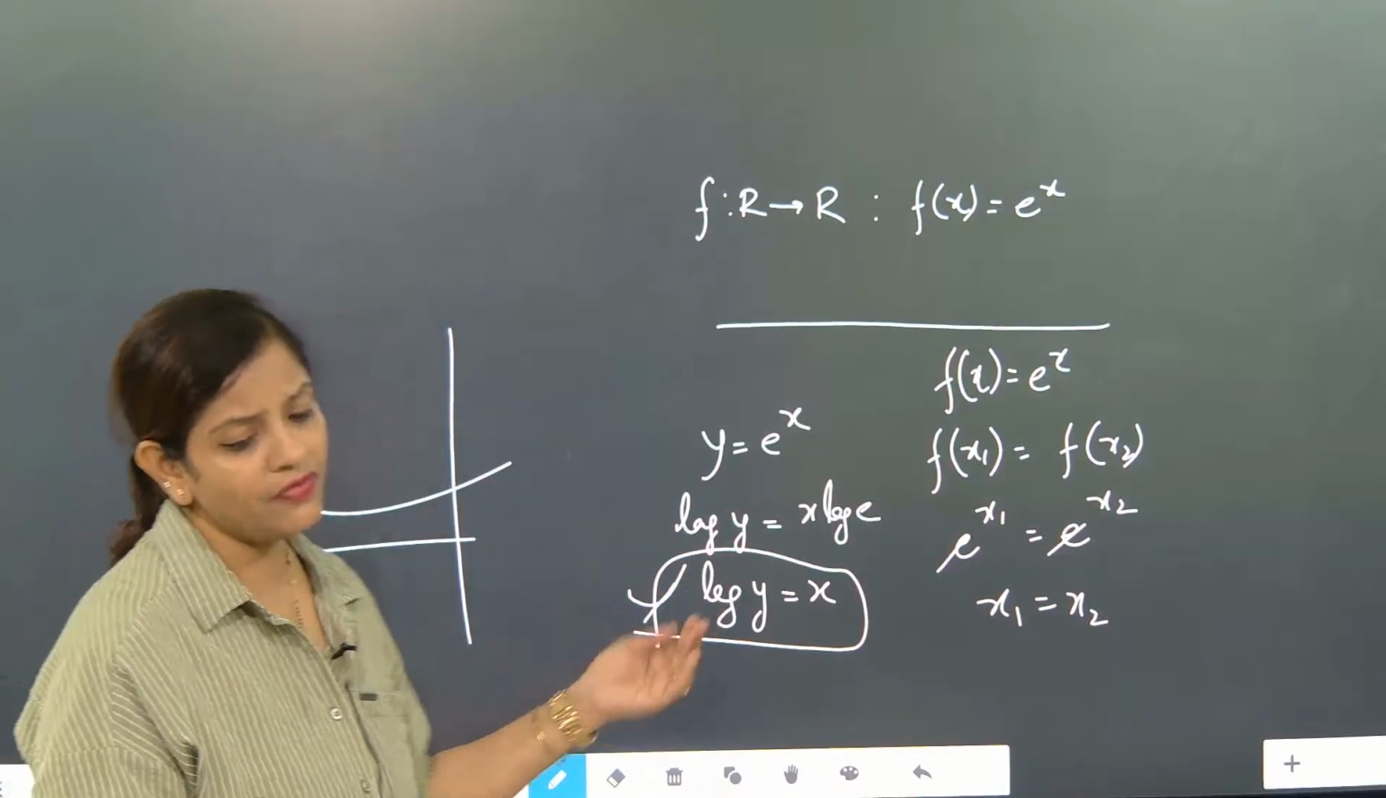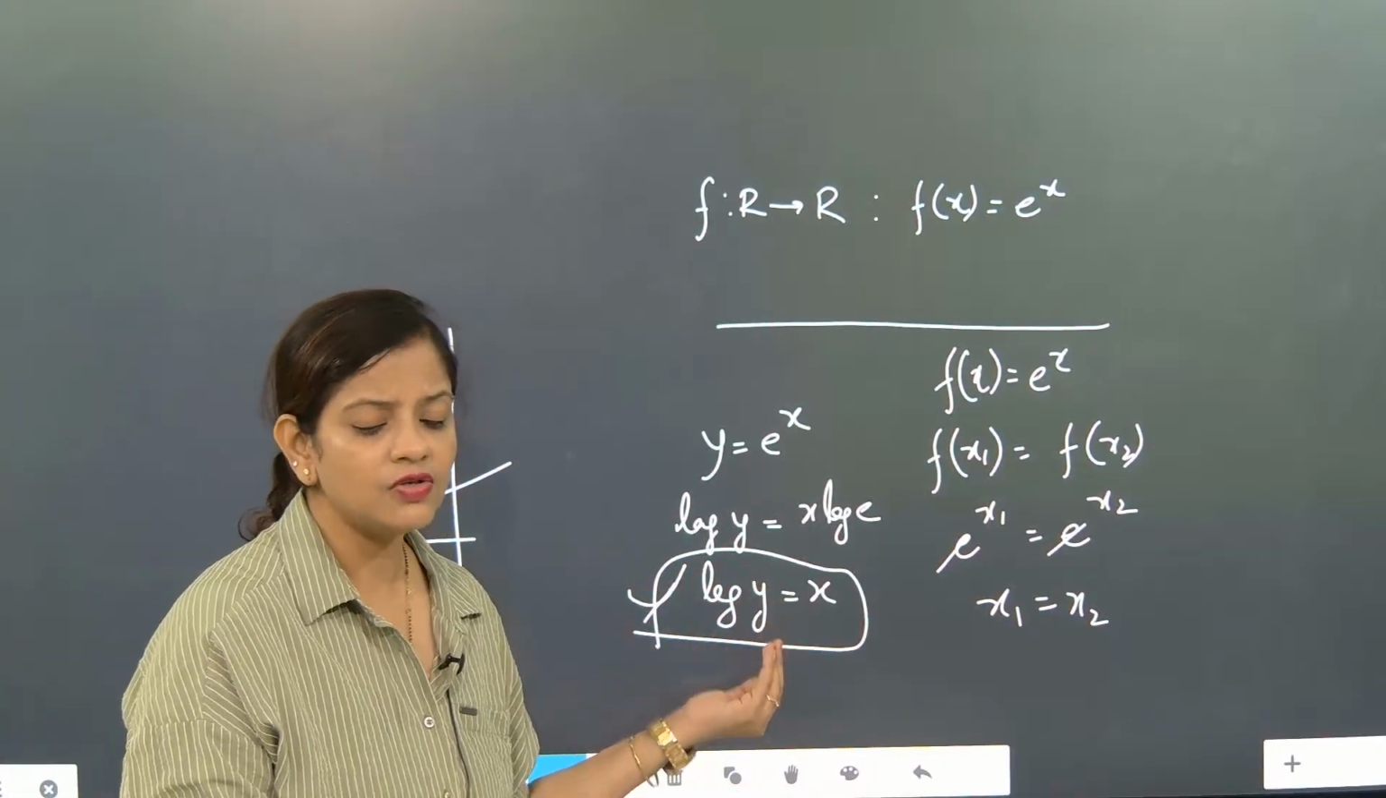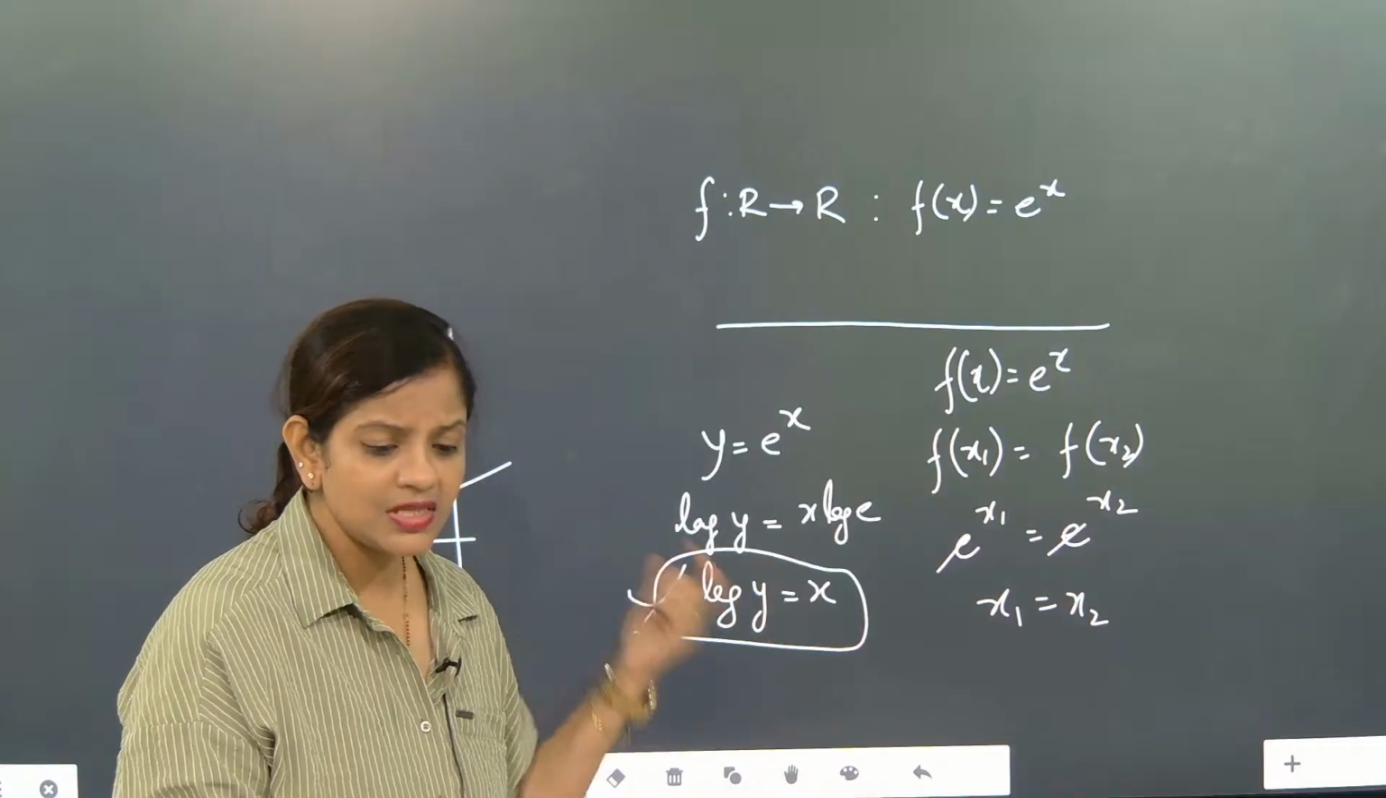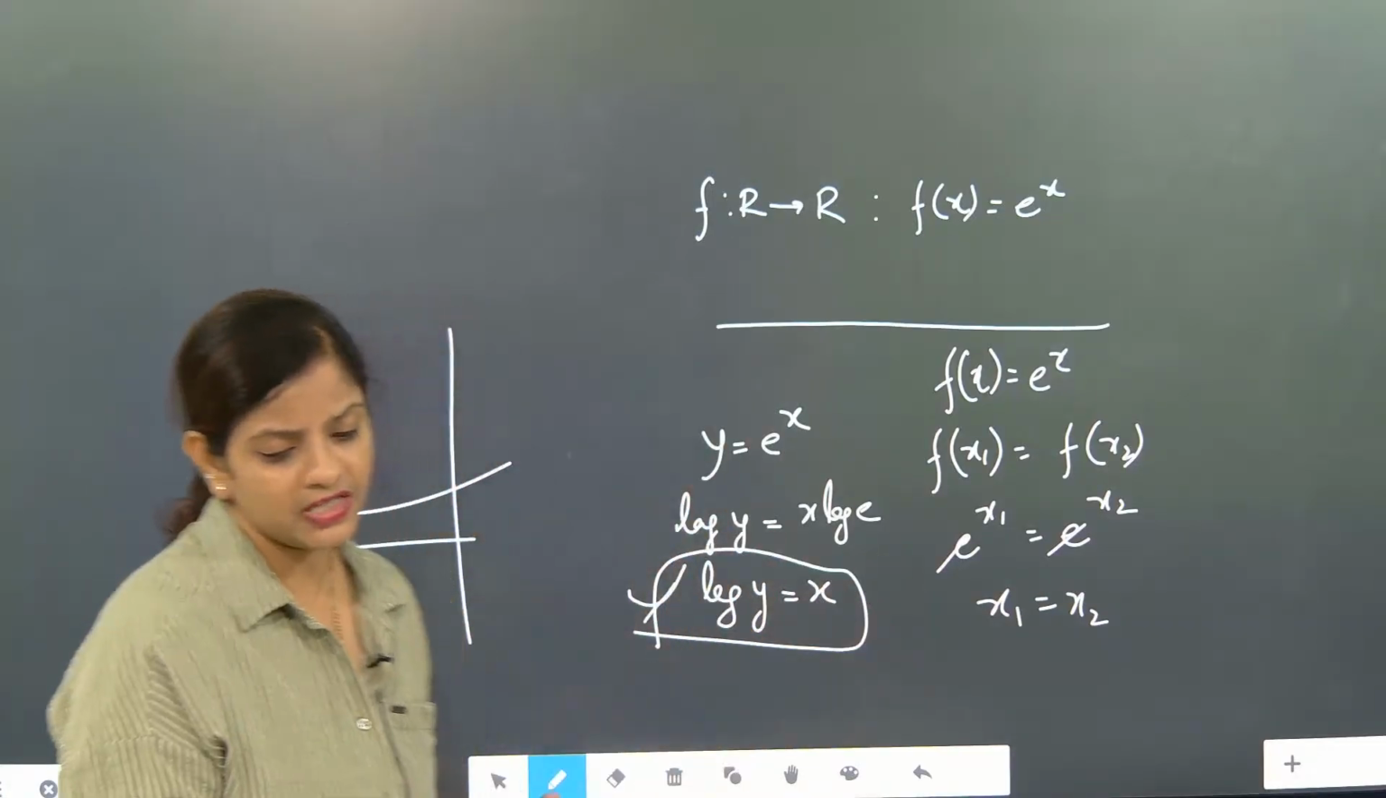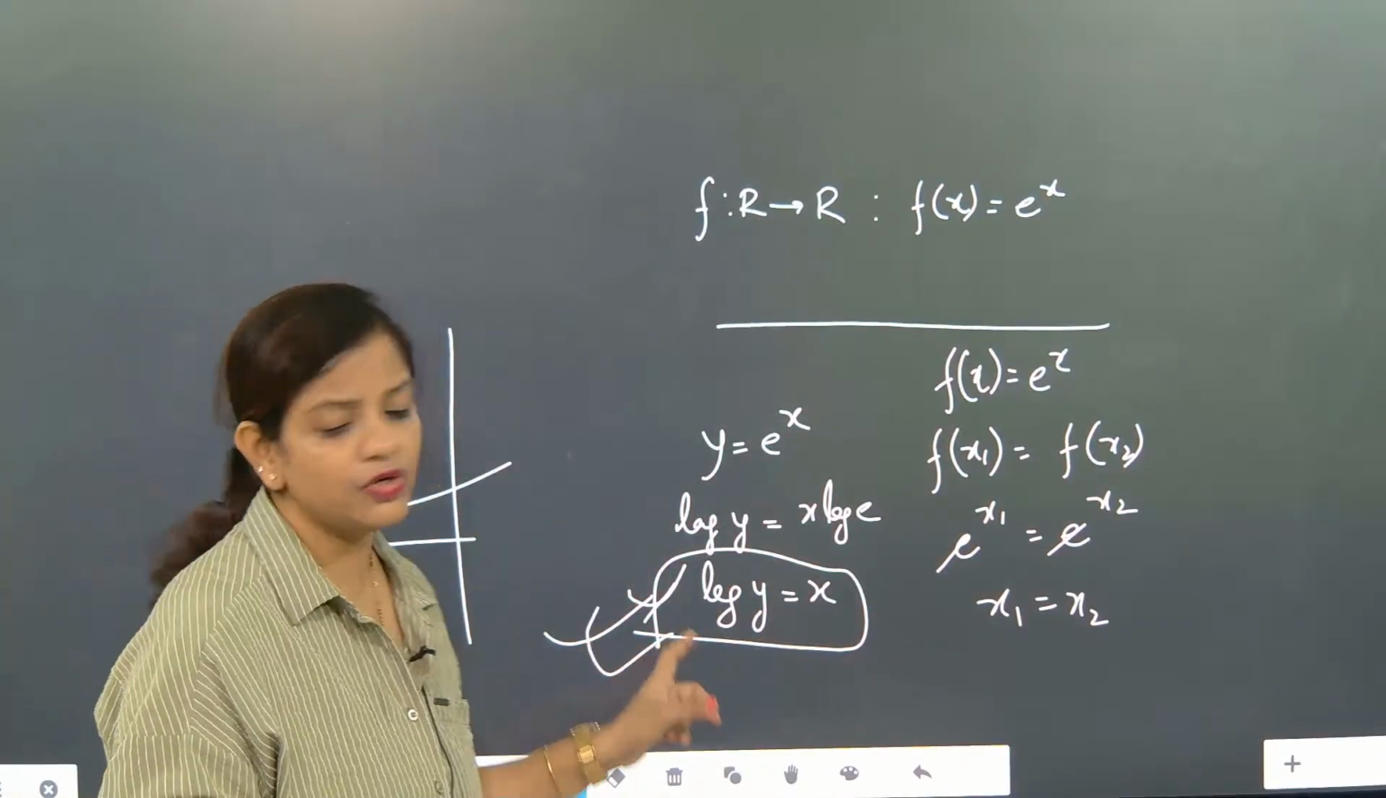Negative values of y will not be accepted. So since negative values of y will also not be accepted, 100% it is not going to be an